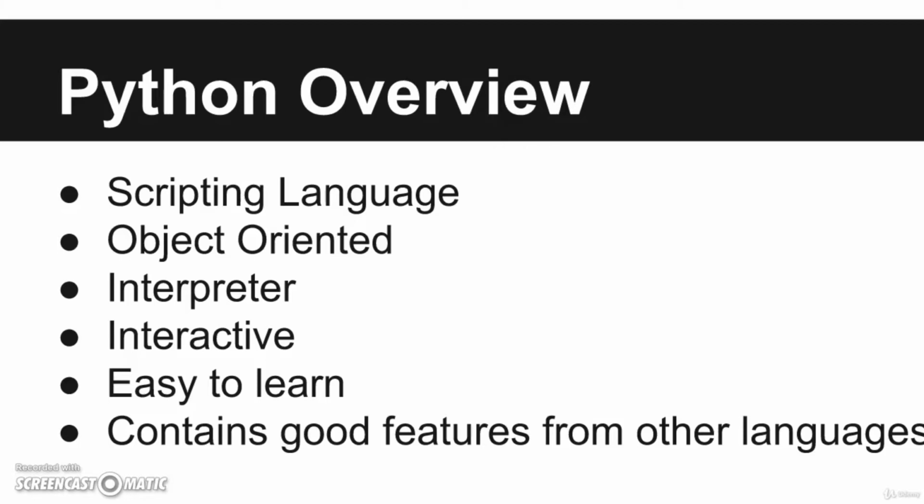So it is an interpreter. This means that it is processed at runtime by the interpreter, and you do not need to compile your program before executing it. Like any other programming language, C, C++, Java, Perl, PHP, we have to first compile the code and then execute. But in Python, because it is an interpreted language, we do not need to compile it. We will be executing the code.